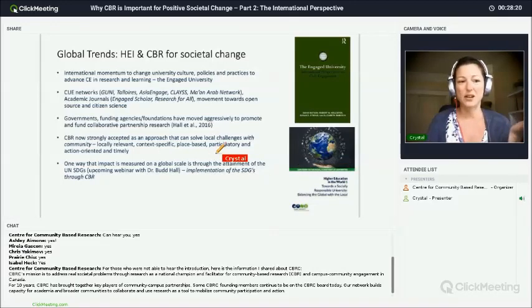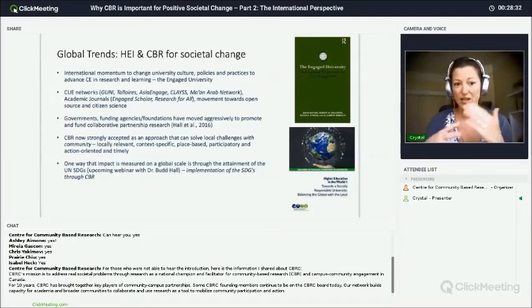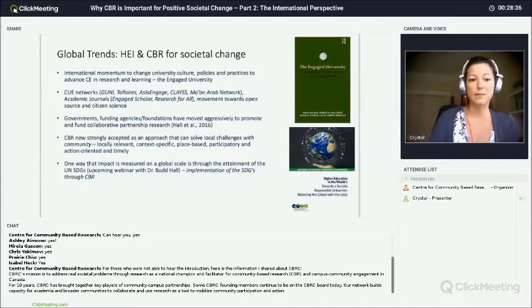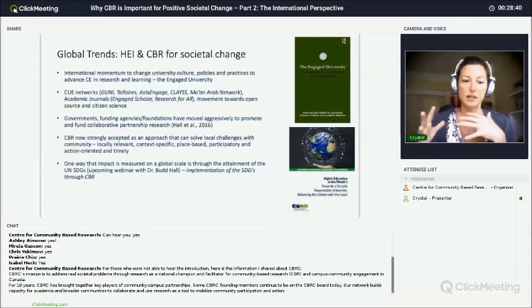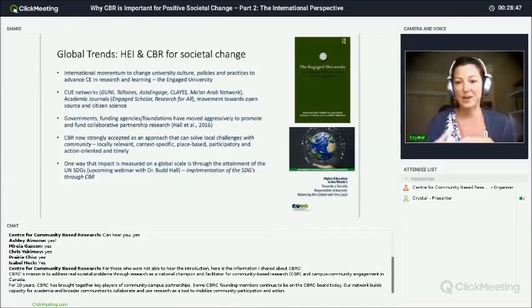We're also seeing a lot of new networks that have really been focused on community engagement in higher education. Some of them, Guni I mentioned, the Talloires Network, Asia Engage, CLACSO from Latin America, and the Mayan Arab Network. So really we're seeing many new regional networks within the last 10 years focused on higher education and community engagement. We're also seeing more journals, such as Engaged Scholar here in Canada, Research for All based out of